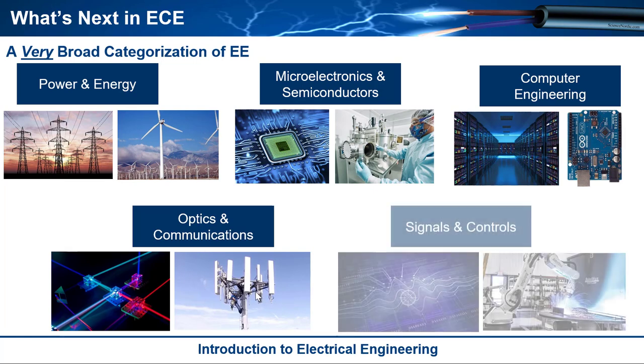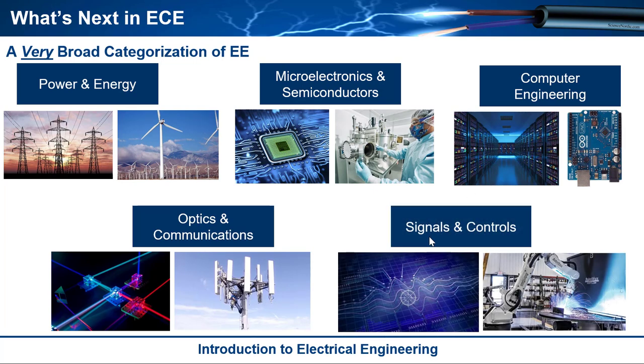But huge field. And then finally, we have this other one that we haven't really talked about, but signals and controls. So the electrical signals that move through circuits, they carry information, right? And when you think about a sine wave or a DC signal, it's not very interesting, right? It's like, how can that convey information? Well, when you talk about signals or signal processing, it's all about trying to understand how to manipulate the electrical signals and make them convey information, lots of information.